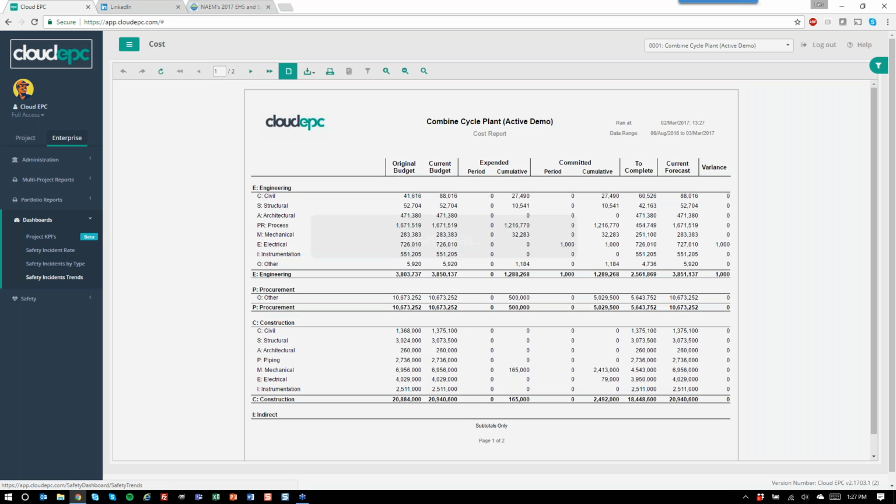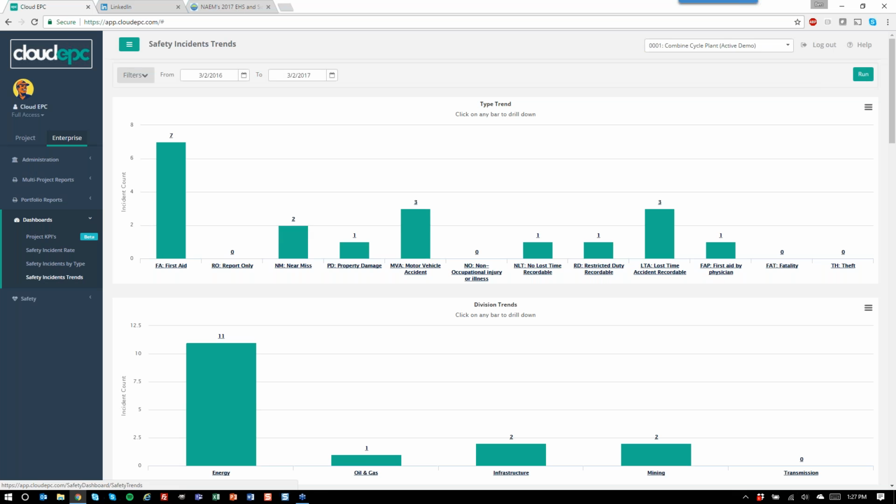And one thing we're really proud of, like Chris alluded to, is bringing in the ability to control your data set and explore the visual outputs from a business intelligence perspective, the things that might be impacting your safety program, so that you can fine-tune your training initiatives and all of your preventative practices that you're trying to put in place. And what I mean by that is, here's an example of our safety incident trends